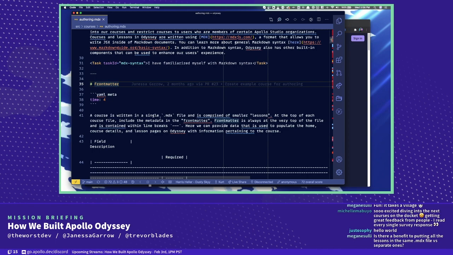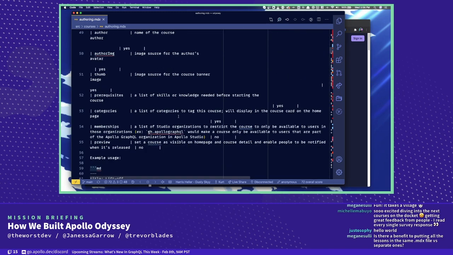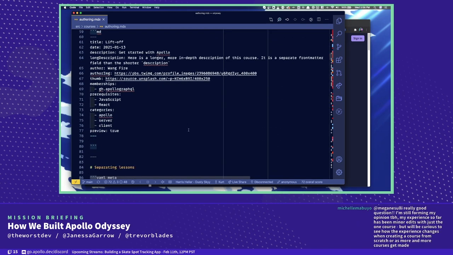Possibly, yeah. I think the one big thing to keep in mind is that this is our first attempt, and we don't claim to have all the answers, or that this is the perfect solution or anything. This is the solution that works for us right now, but who knows, in the future this may turn out to be untenable and we have to come up with a different solution. So we're figuring this out at the same time, and Michelle just came through with an awesome answer there too. Yeah, thank you so much, Michelle.